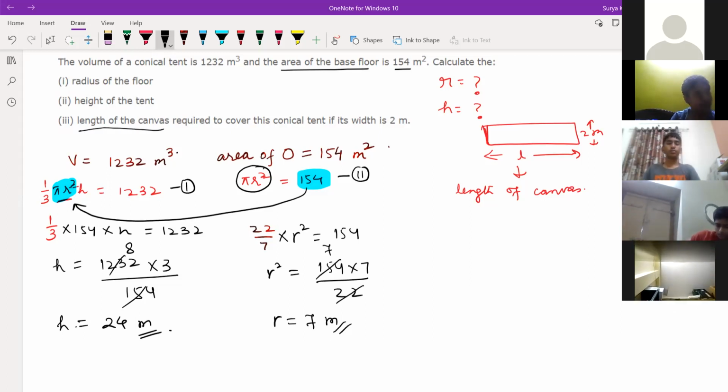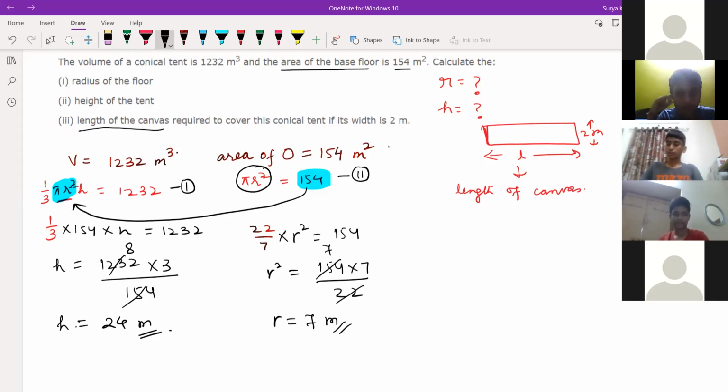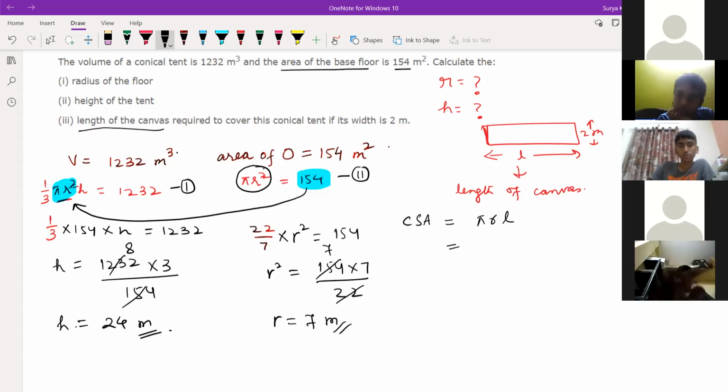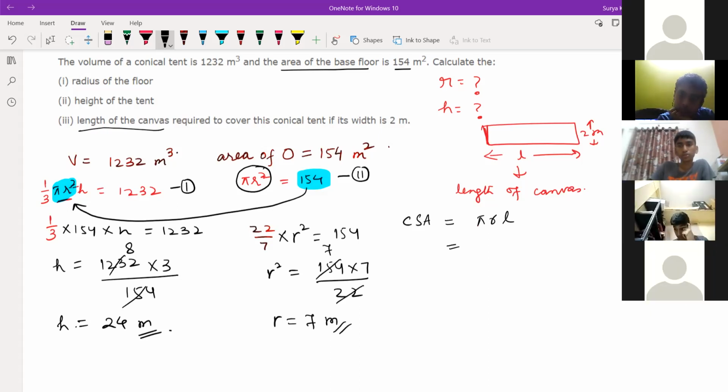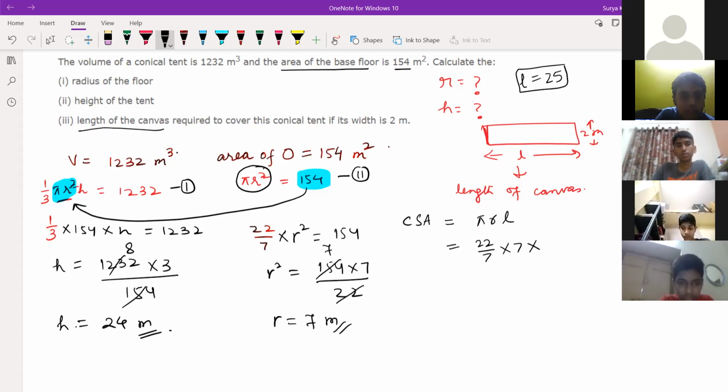Sir, you have to find the cone length also, no? Because we need the CSA of the cone. Yeah, CSA of the cone is equals to pi RL. Then I found the length. Length is 25. Our radius is 7, and then I equated it and I got the total. Then I equated the CSA with length into breadth. L is equal to, understood? How to get 25? All of you know this, right? L we get 25 by Pythagoras formula. Put here 25. So 7 will get cancelled, right?